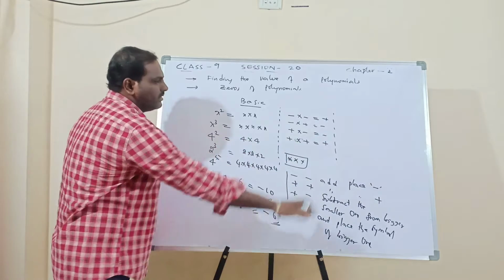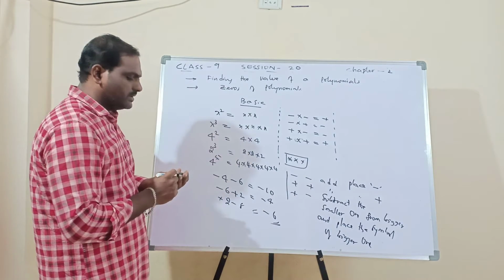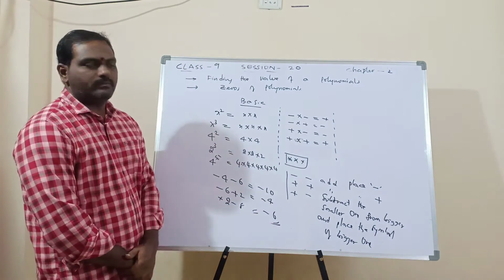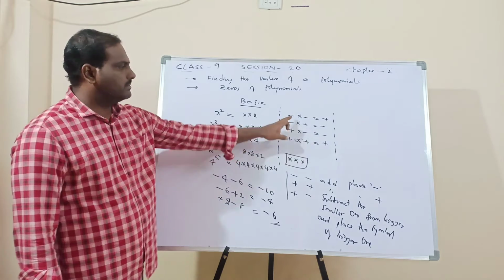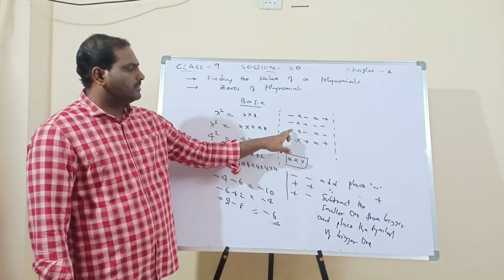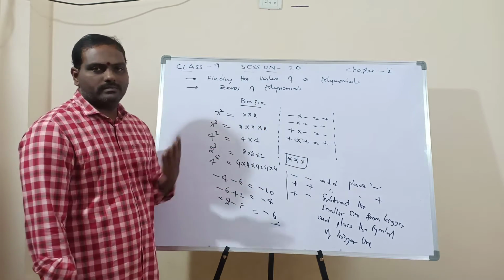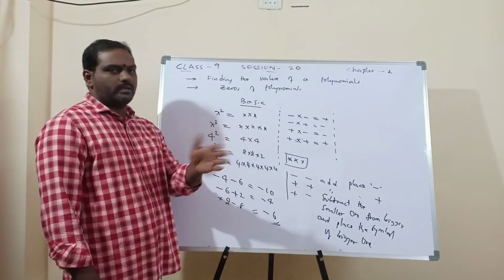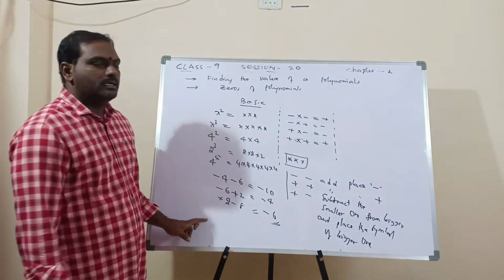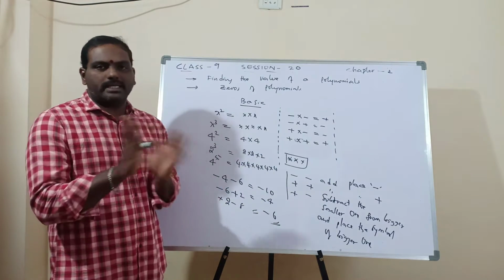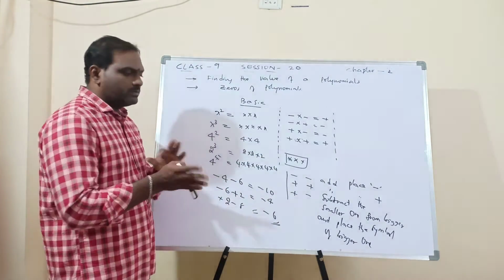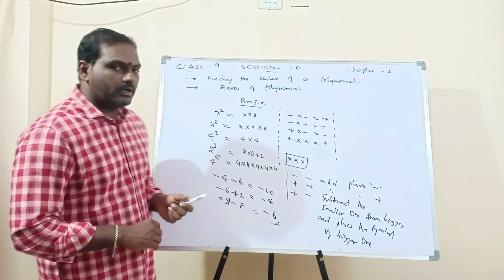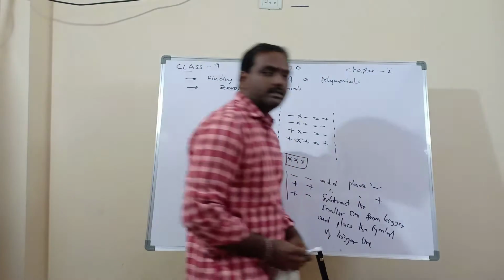So that means before going to find out this, these are the three basic points you have to remember. The first point is whenever a power is given, that number must be multiplied with that powers. And second thing is multiplication. Minus into minus plus, plus into minus minus, minus into plus minus, plus into plus plus. Simplification: in the last step or one before that step, you will get some values like this. In this stage, we have to remember this. If both minus are there, add and keep minus symbol. If both plus are there, add and keep plus symbol. If one plus and one minus is there, subtract the smaller number from the bigger number and keep the symbol of bigger number.